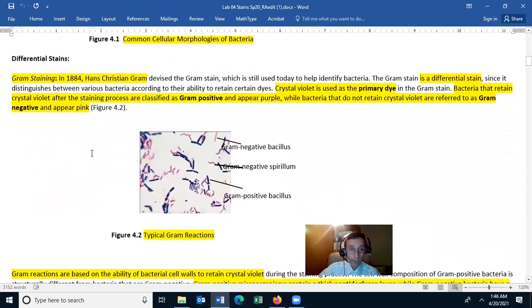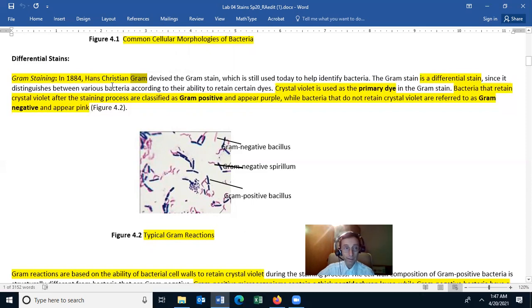So the differential stains, the main one is the Gram stain. And what's the other one? The acid-fast stain. The Gram stain was invented in 1884 by Hans Christian Gram. And so whenever you spell the Gram stain, you should be using a capital G, because it's named after a person. And he invented this stain